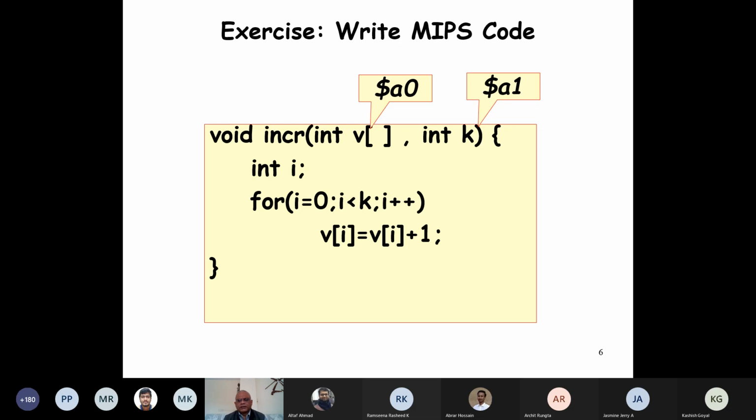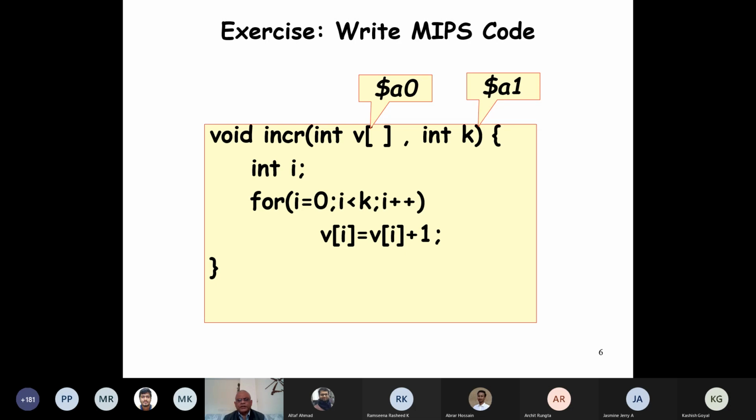Now we want to write the MIPS code for this. The first one I will write, and the next one I will need your help in writing. If it was a physical class, I would have called you to the board, but that's difficult here. We'll just take your help; I'll ask you for specific instructions. Now please observe this carefully. The first thing we do is give a label whose name is INCR. And while calling the function with jump and link, we'll write INCR. That's the place we'll jump.